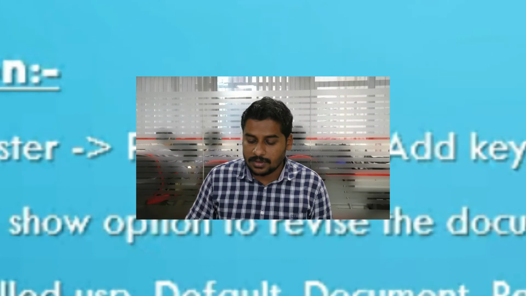First, revise document. Mainly in a sales quotation or an estimation document, the customer will ask us to give an option to revise the document. Normally, it's for bargaining. We will send the quotation to the customer, and then the customer will bargain, and after that we'll give some discount and resend that quotation again.